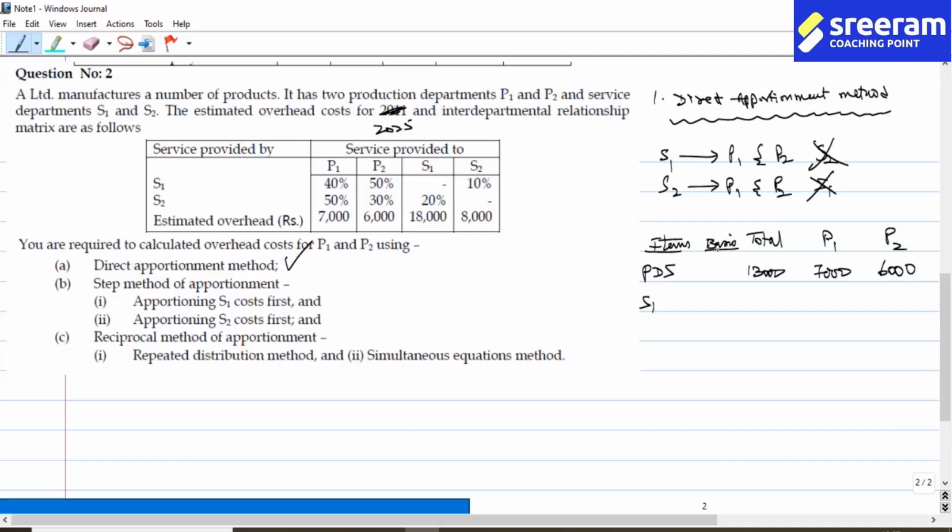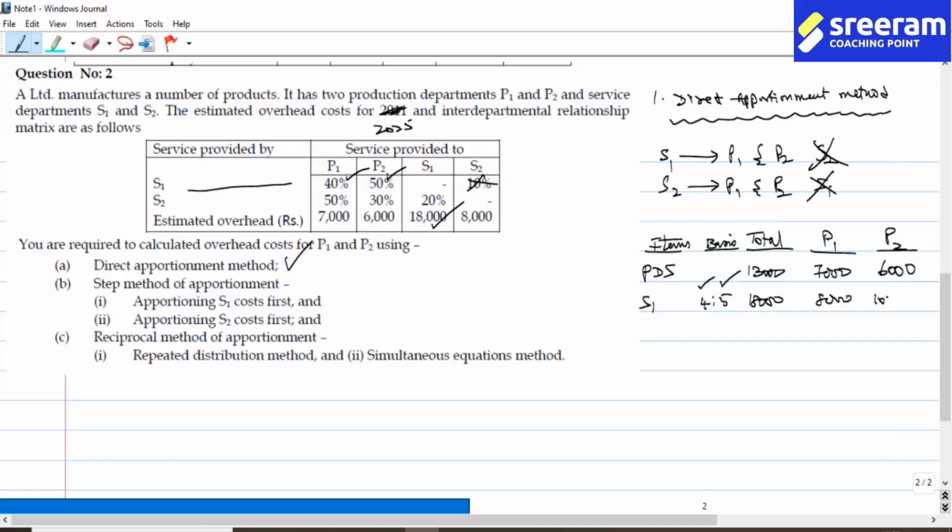Now, S1 item, on what basis will I distribute? I will have the items column, the basis column, the total column, the P1 column, and the P2 column. S1 services are distributed between P1 and P2 in the ratio of 40:50. That is 4:5. I simply ignore this 10% for this purpose. So how much do you have against S1? It is 18,000. So if I take 18,000 and distribute in the ratio of 4:5, it is going to be